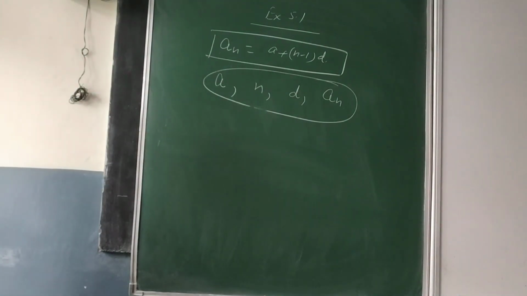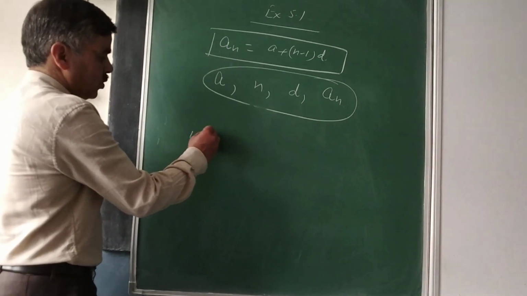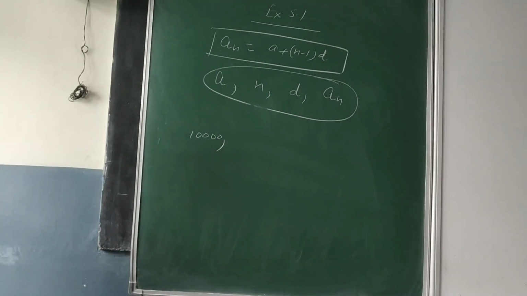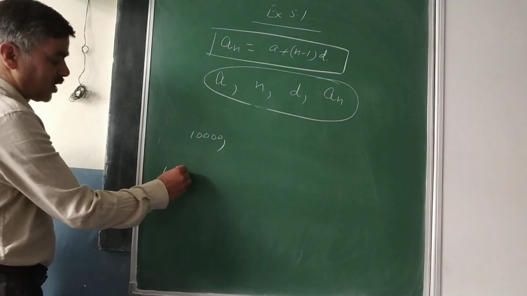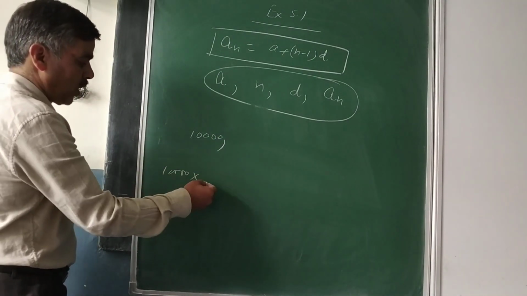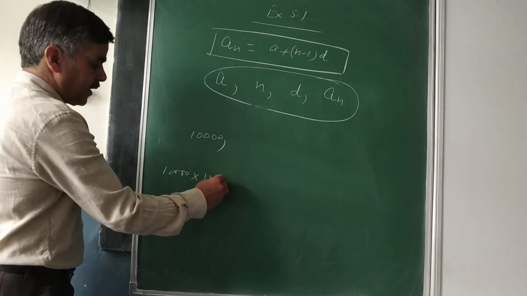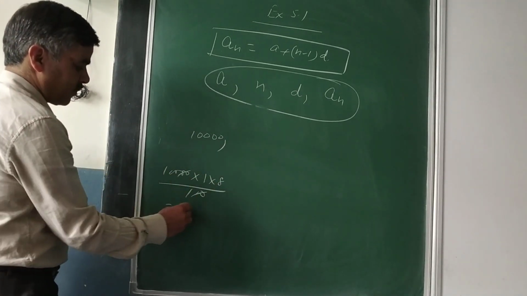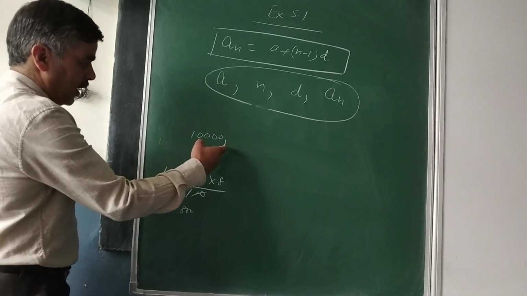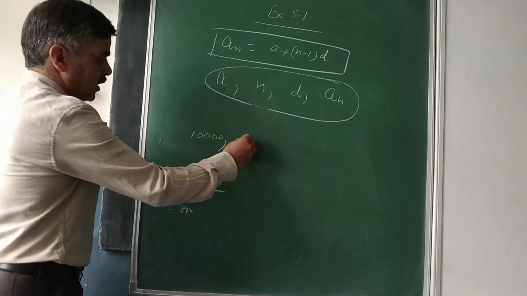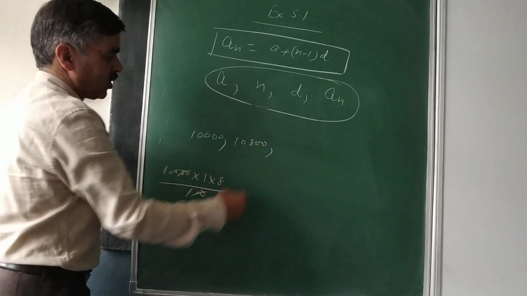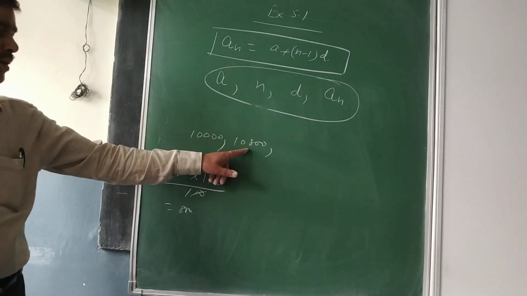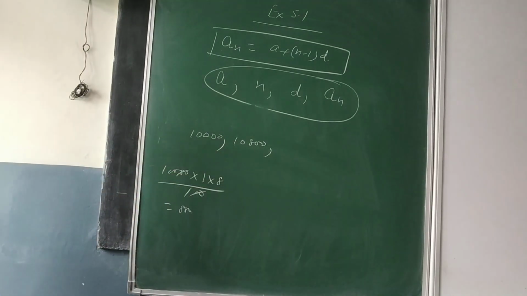So first year, if the amount was 10,000, you write that 10,000. So if your rate of interest is given 8%, in your rough margin you can check P into T into R. T is 1 year, R is 8 upon 100. So 2 zeros gone, it is 800. So if I add 800, my second term will be equal to 10,800. So this was the amount. Now at the end of 1 year my amount will be equal to 10,800.